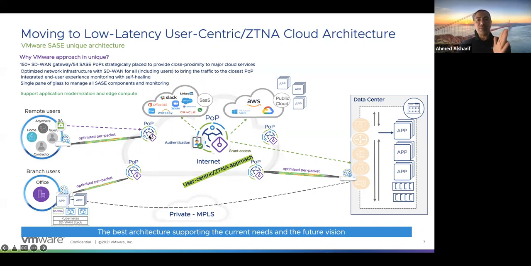Who else is talking about this? From a competitor's standpoint, nobody has the experience that we do from a compute perspective. Think about the end-to-end, think about the application performance, then VMware will be the only company who can provide this application performance and the underlay infrastructure.